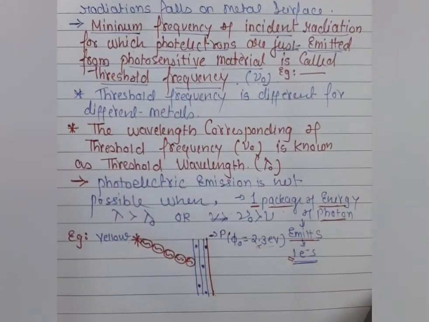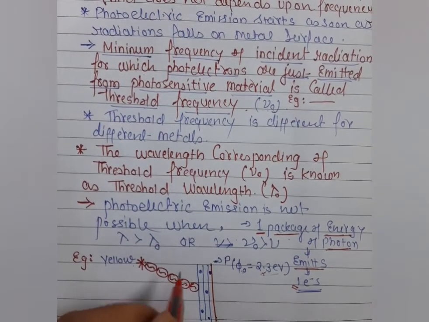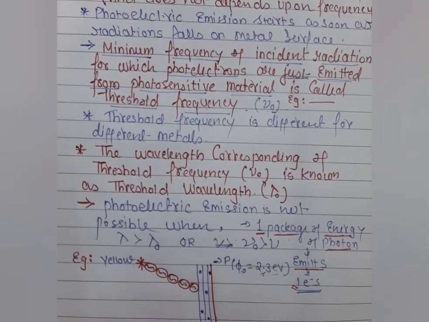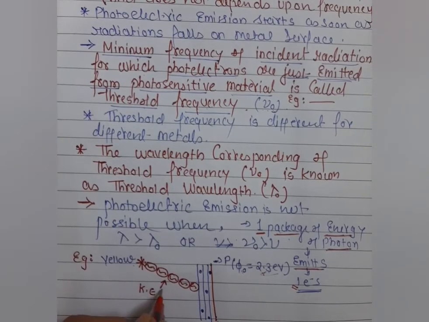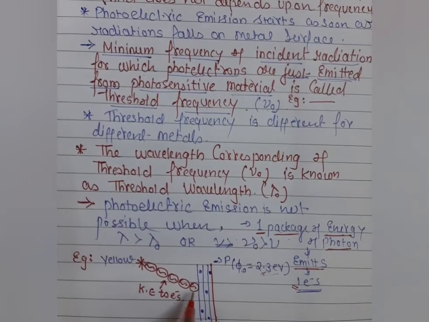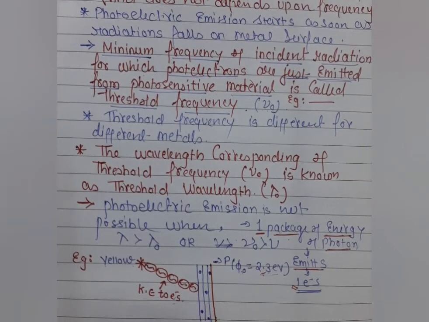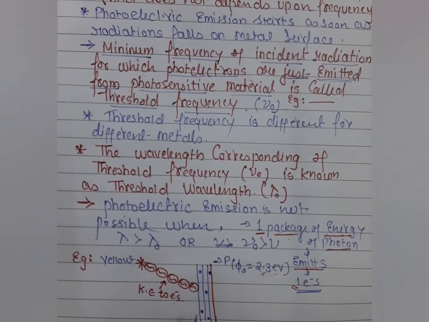So here in this concept, when this package of energy is incident on this metal surface, the electrons experience kinetic energy, because the light provides kinetic energy to the electrons. When these electrons experience kinetic energy, then what happens? These electrons move in random directions in the metal plate. Listen students, this concept is very important here.